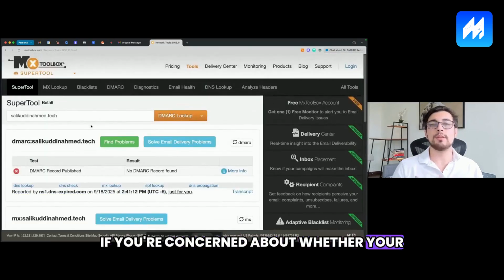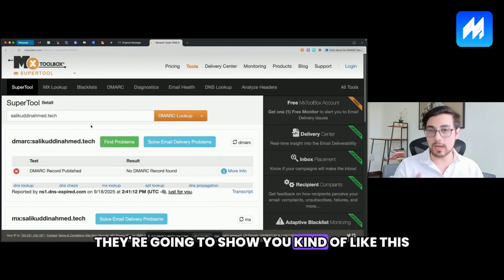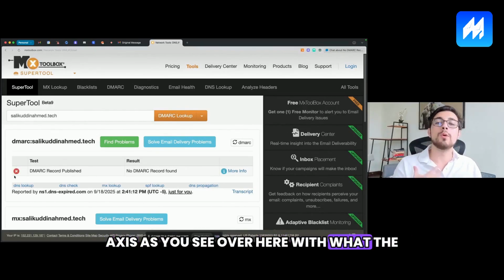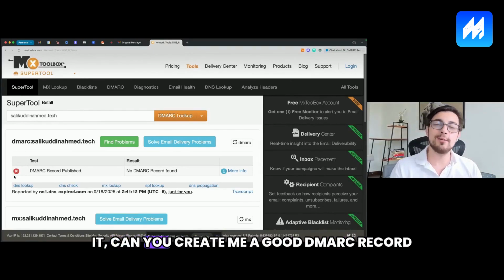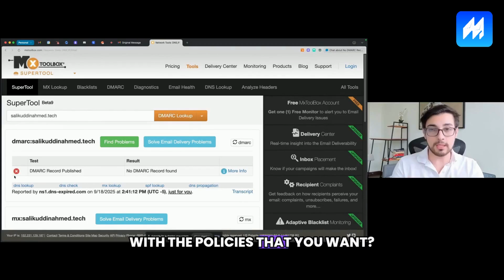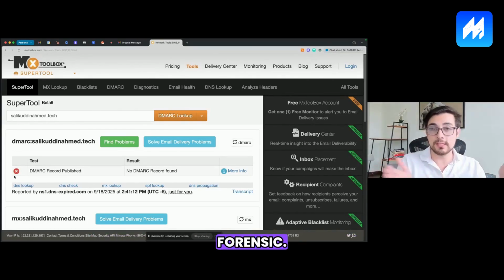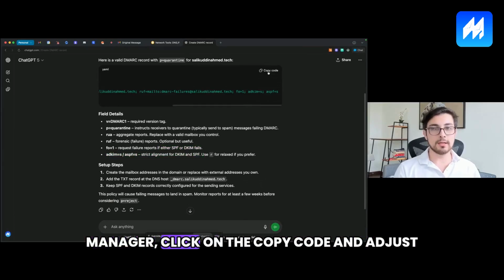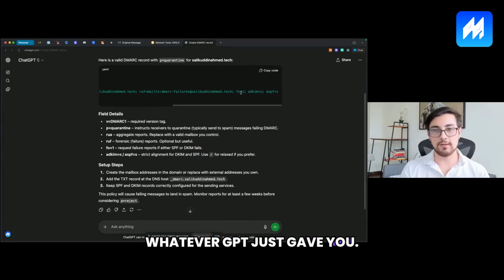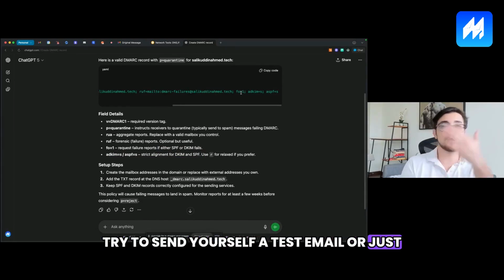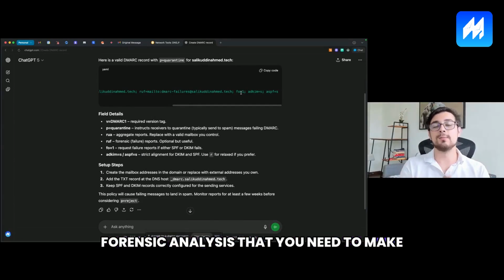If you're concerned about whether your DMARC is showing up correctly or incorrectly, you can just check on MX Toolbox, and it's going to show you these X's, as you see over here, with the reason. If you don't have any idea how to fix it, just go into ChatGPT and literally ask it, can you create me a good DMARC record with the policy that I want, either p=none, reject, or quarantine, and it's going to give you the right record. After that, just go into your domain manager, click on copy code, and adjust your DMARC record to match whatever GPT just gave you. After that, try to send yourself a test email or just look it up on MX Toolbox, and it will give you the exact data and all the analysis that you need to make sure that your DMARC policy